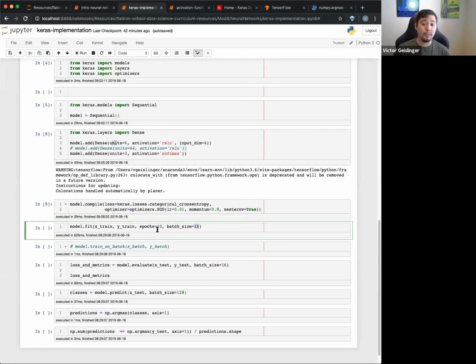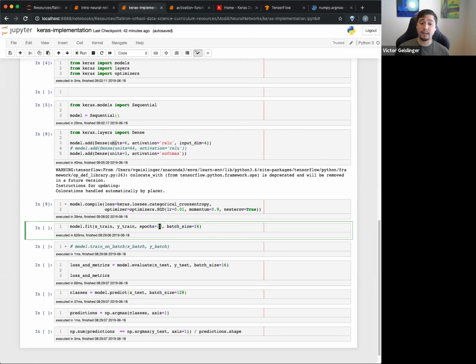So one thing you trade off: if you make a small batch size, your epochs will go really, really quick. However, if your batch size is small like that, you still have to go through more epochs to get through more of the data. So if you have a batch size of 16, but you have 500,000 and you only do 10 epochs, well, you didn't go through all the data. So you have to increase the epochs, but your epochs will go very quickly.